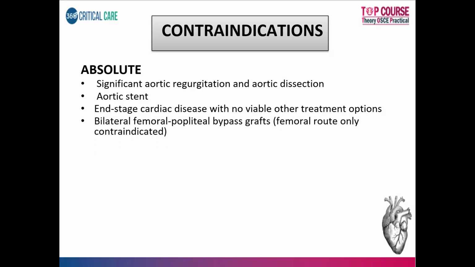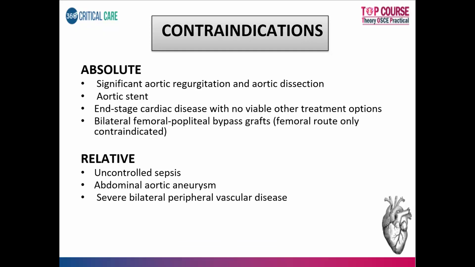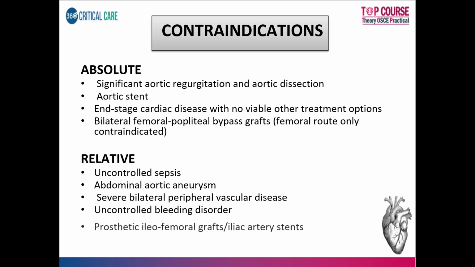So bilateral femoral fem-pop bypass grafts, if the patient has them, when we put an IABP, it's the femoral route. So if they have undergone a bilateral fem-pop, probably we cannot do an IABP in such cases. What are the relative contraindications? Patients with uncontrolled sepsis with coagulopathy, abdominal aortic aneurysm, severe bilateral peripheral vascular disease, uncontrolled bleeding disorder, and prosthetic iliofemoral grafts. In such cases, we need to have some amount of caution, and it probably has to be done by an experienced